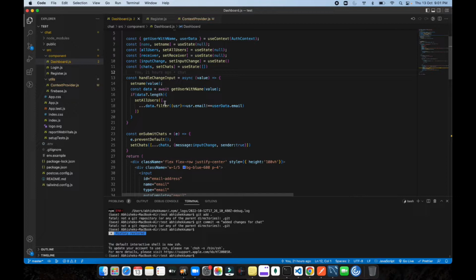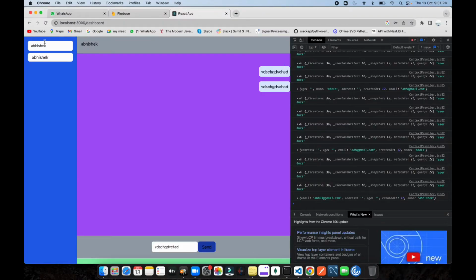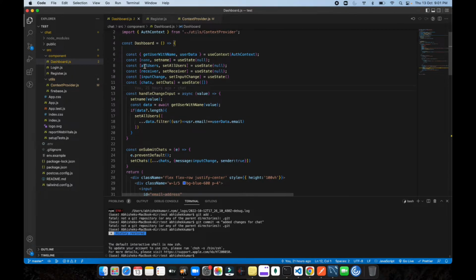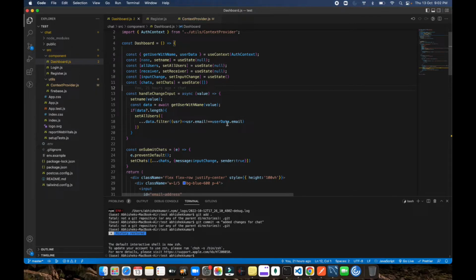Whatever changes you make in this input field, it will automatically make the query for searching the user, and it will set the state for you into set all users. You can see I'm setting it over here. I'm filtering all the users from there, and after that I'm filtering out the current user you have, like your email ID, so that I'm avoiding that it comes into the list, because you won't be